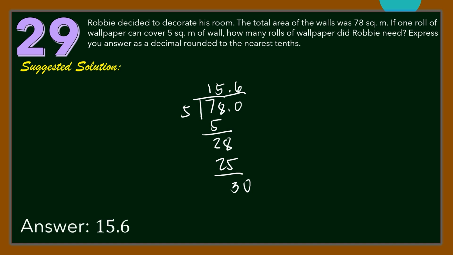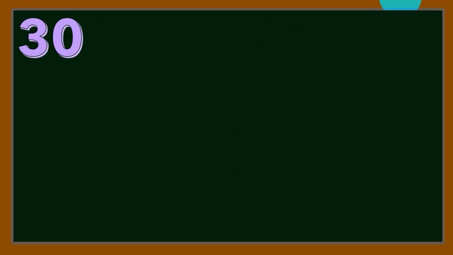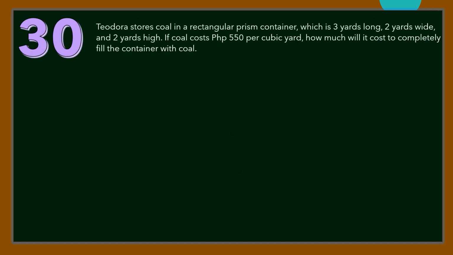Number 30. Shidara stores coal in a rectangular prism container, which is 3 yards long, 2 yards wide, and 2 yards high. If coal costs 550 pesos per cubic yard, how much will it cost to completely fill the container with coal? For our suggested solution, let us first solve for the volume of the rectangular prism container,